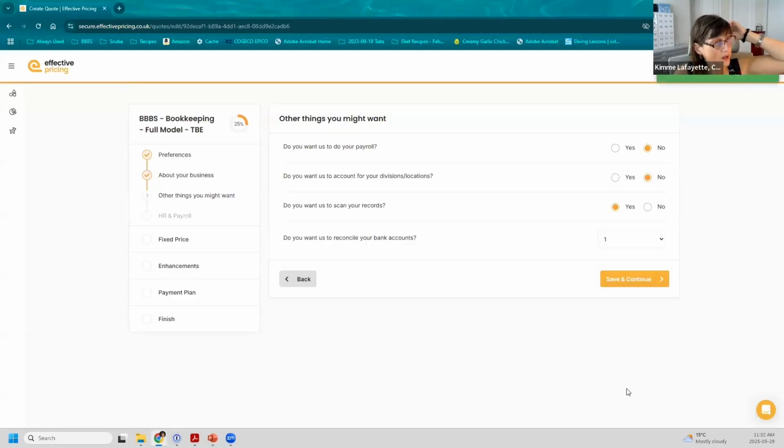So now I'm in the other things you might want section, and these are really the preference type questions, and the other sections after this as well. This is where you're really going to be able to start to drive your price. Obviously, your compliance questions on the first page will drive your price as well. But this is where you're really going to start to notice the value aspect of value pricing come in, because